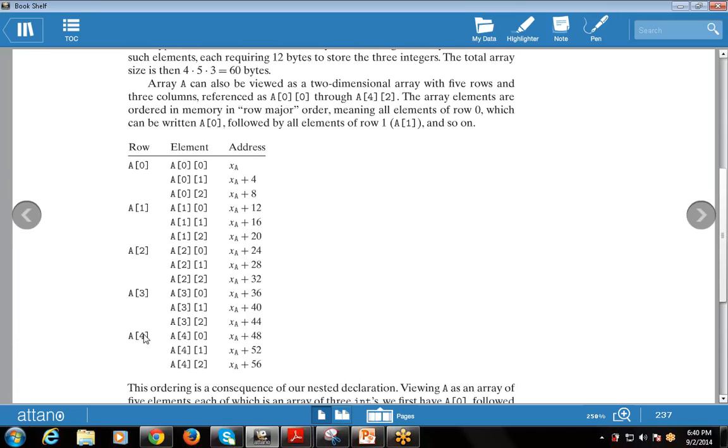This is from 0 to 4: 0 0, 0 1, 0 2, 1 0, 1 1, 1 2, and so on. This is your array, 5 rows and 3 columns. This is your 0 0,